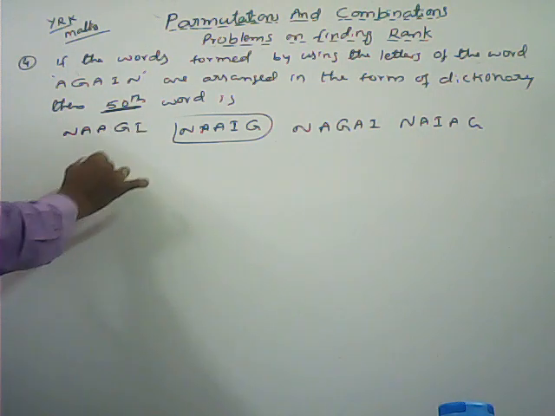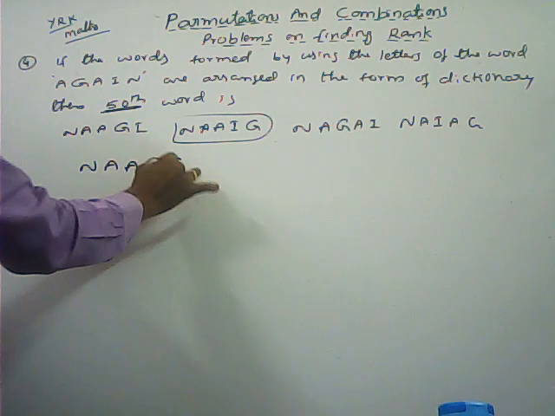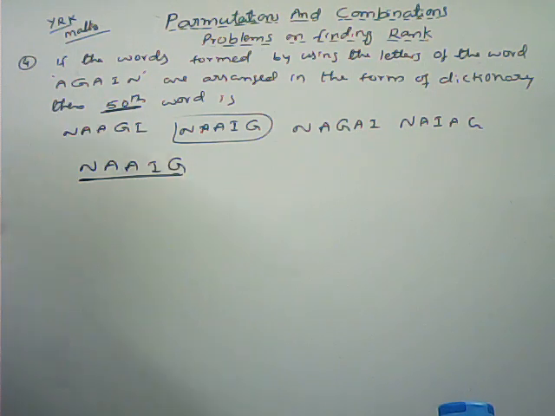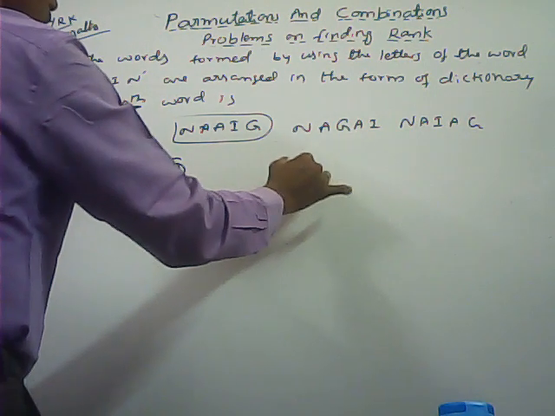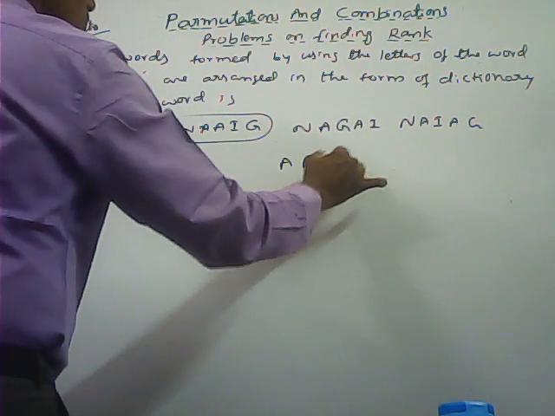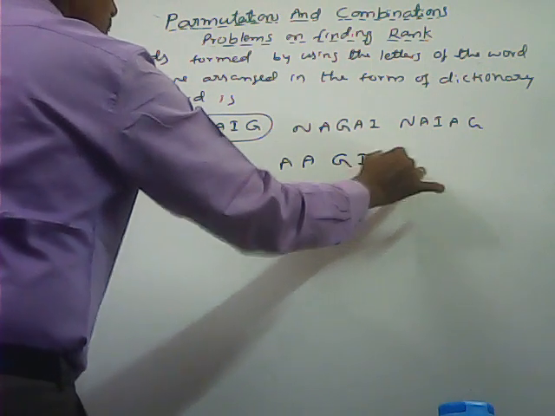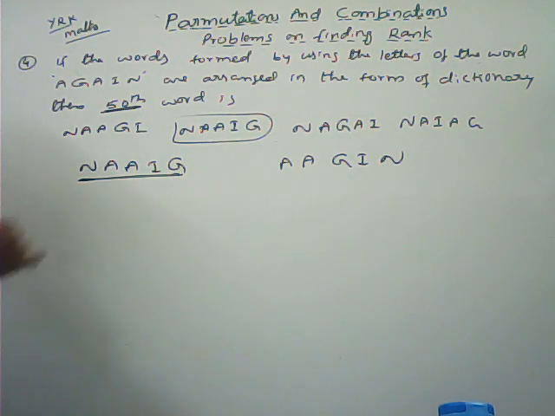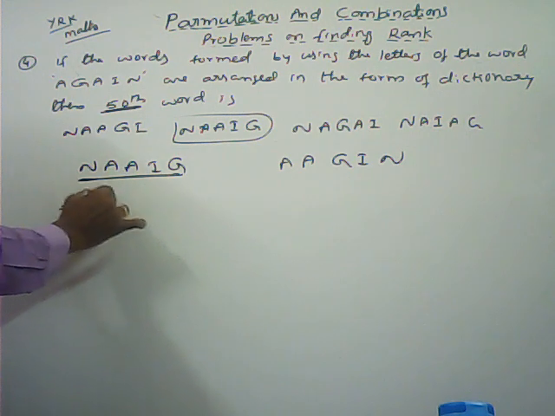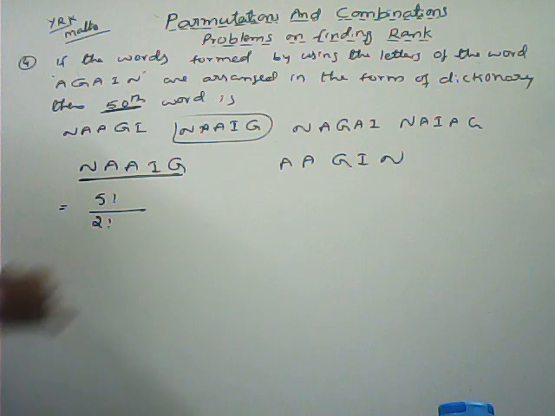Here I am taking N, A, A, I, G. What is the position of this one? Here if I write in the alphabetical order, A, B, C, D, F, G, H, I, J, K, L, M, N. Total 5 letters are there. So total number of arrangements 5 factorial by 2, as 2 are alike of one kind, the A's, 2 are there. Into total number of letters, 5 are there.